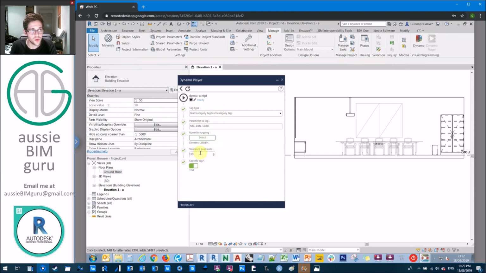How far past the walls do you want to reach in order to hit elements within the room? So things embedded in walls, for example, or just on the boundary. And then this is our new option we've added to specifically tag. So we'll just say we don't want to specifically tag, run, everything in the view will be tagged, or we can specifically tag, and we can run,